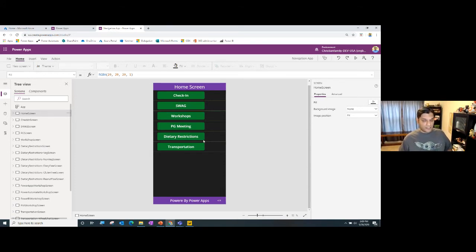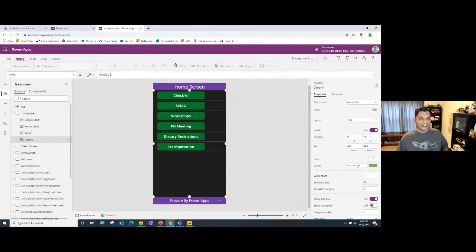What I intentionally did for this one is I've added a bunch of screens. Now look, I'm actually scrolling, so you can tell that he's intentionally added a bunch of screens. Now, someone like me who has mentored a lot of people for their apps, I've seen a lot of apps which have lots of screens, and I personally favor that myself. This is the screen, for example, where I've got a gallery, and I'm viewing all the items in the gallery. If I click on it just to view some sections, the view can be on one screen.